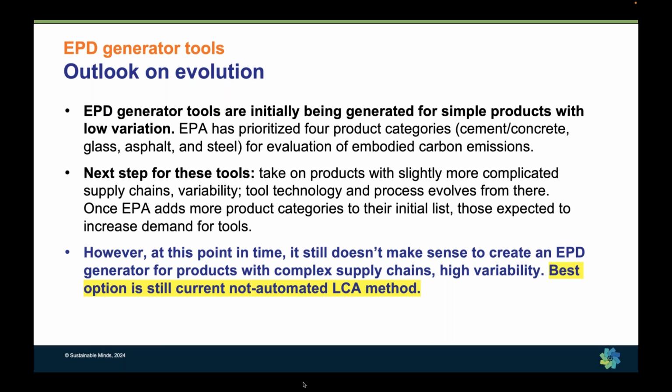However, at this point in time, it still does make the most sense to do traditional LCAs for a lot of, and I would say most, products. You can still introduce many of the shortcuts that the EPD generators use in a traditional model instead, where you can model a process at the manufacturer plant level, identify common raw materials used at that plant, and then tailor your LCA background report to the studied products that you really need EPDs for.